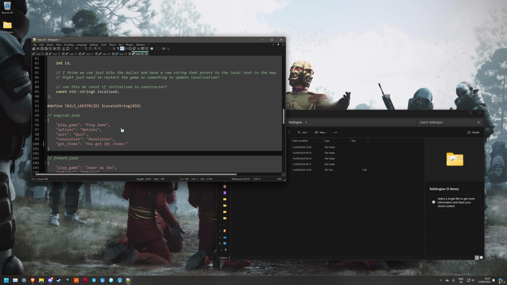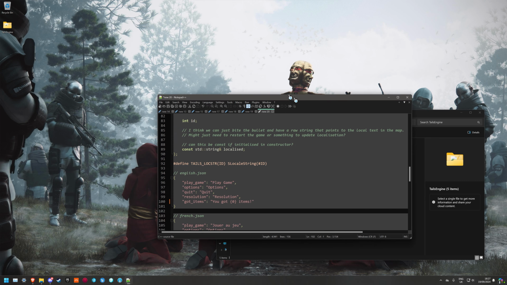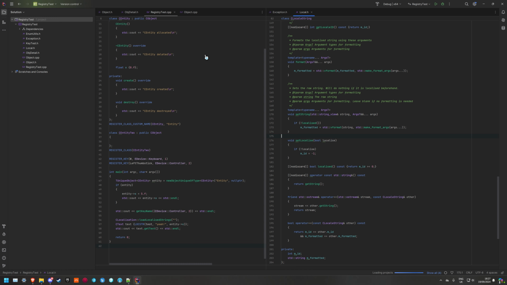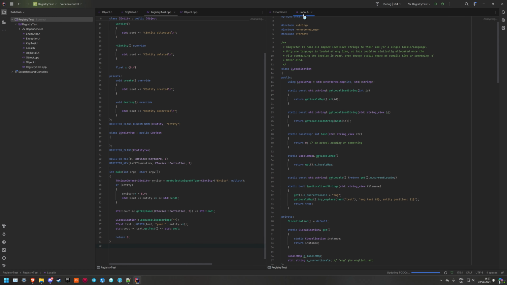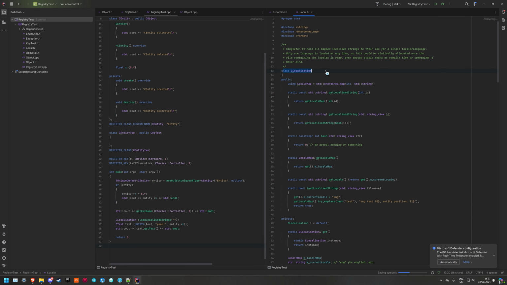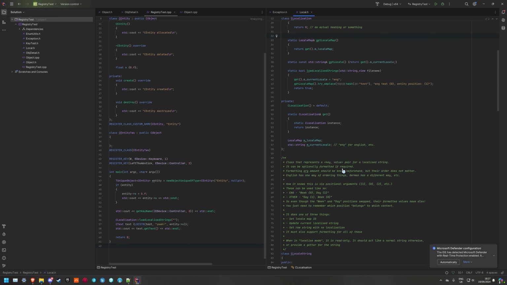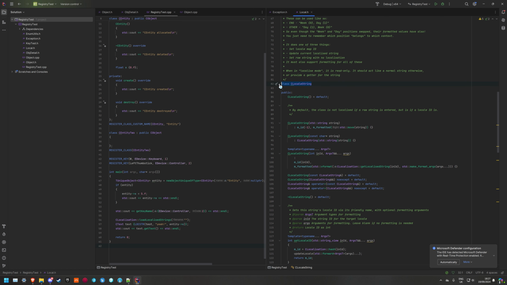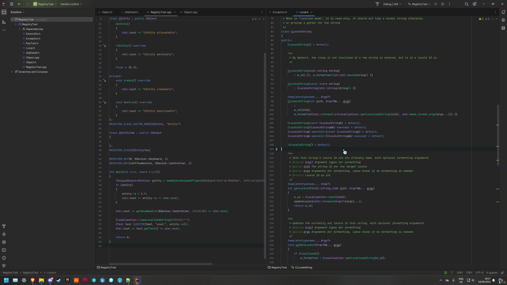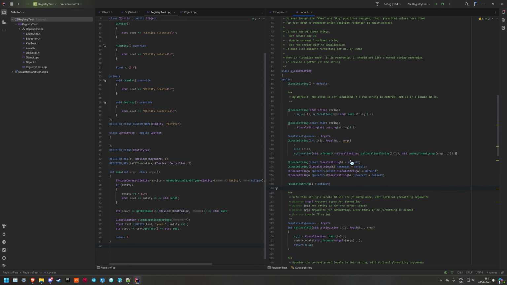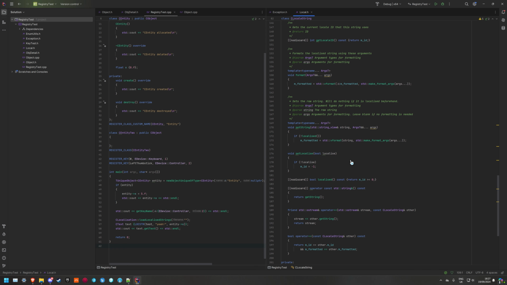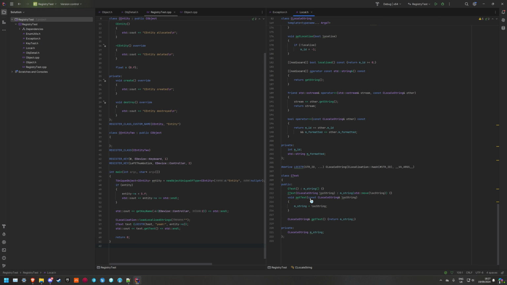Yeah, I do have a small example, actually, with this that I wrote. Probably should have opened this before. But we have this local header, where we have the localization class, which is a singleton. It does things. And then we have a locale string, which should be more or less a drop-in replacement for the standard string, and then an example class of just some random text which uses the localization string,